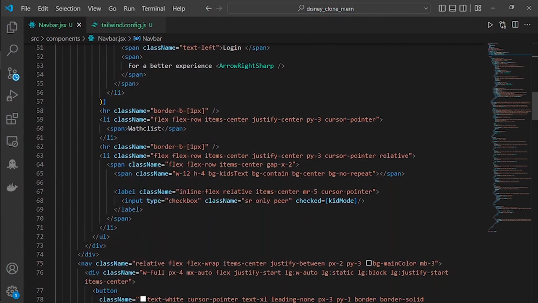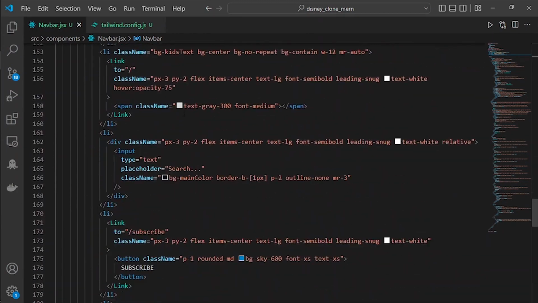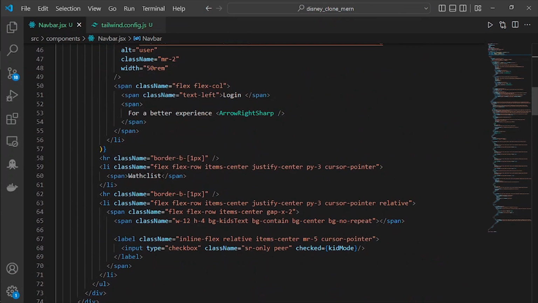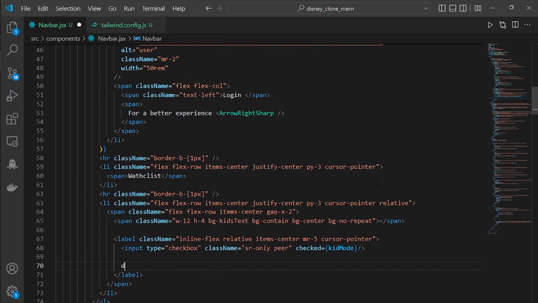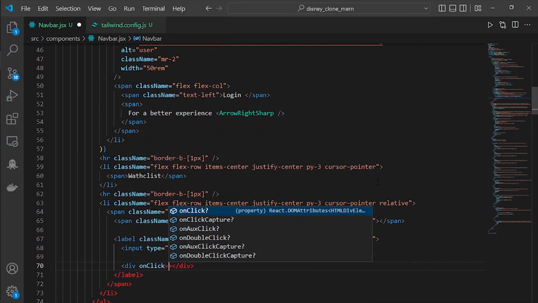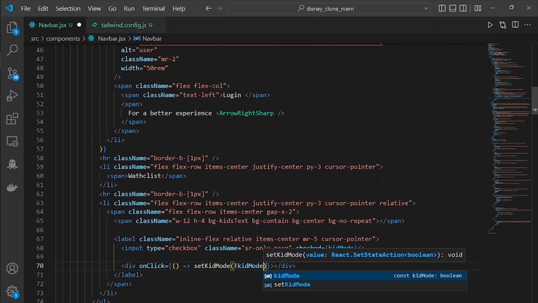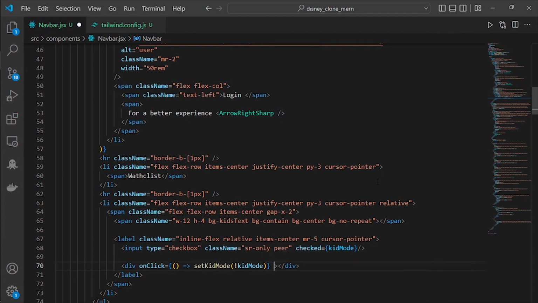After that, let's go back to our code here below, and not in here, it is in here. After we have the label, and inside of the label we have the input. Now I'm going to make a div where the on click is equal to set kid mode, and then same like the button for opening and closing the sidebar. For the class name is a little bit